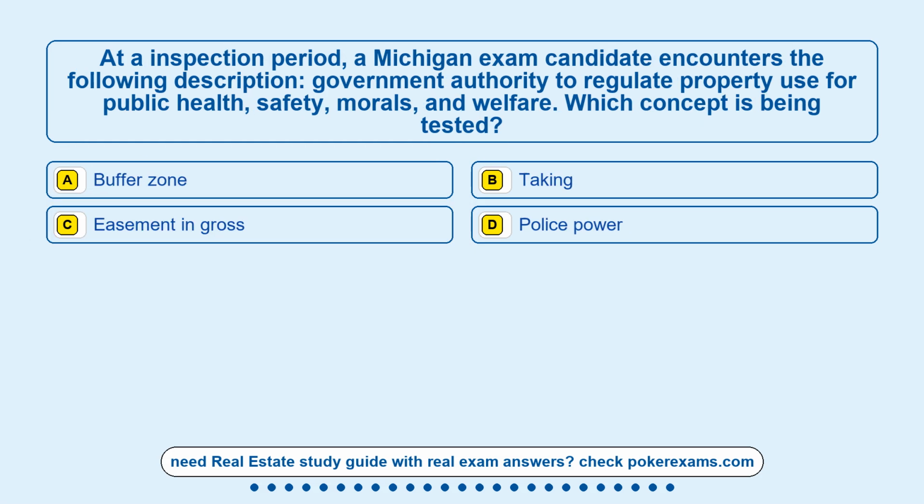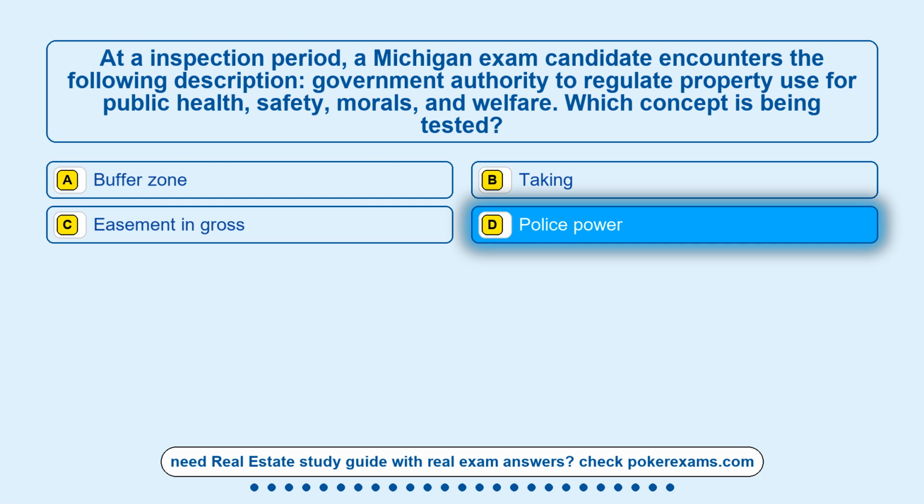Question 25. At an inspection period, a Michigan exam candidate encounters the following description: government authority to regulate property use for public health, safety, morals, and welfare. Which concept is being tested? Option A, buffer zone. Option B, taking. Option C, easement in gross. Option D, police power. The correct answer is option D,